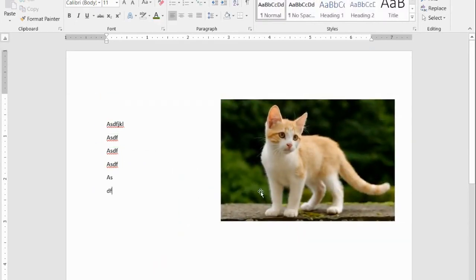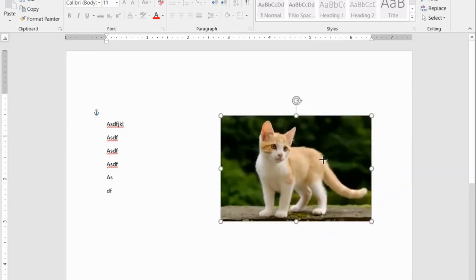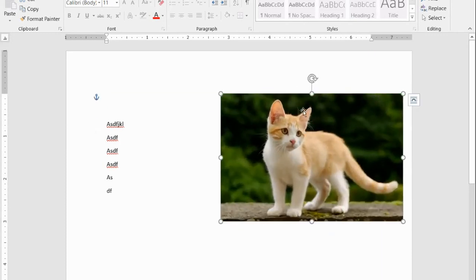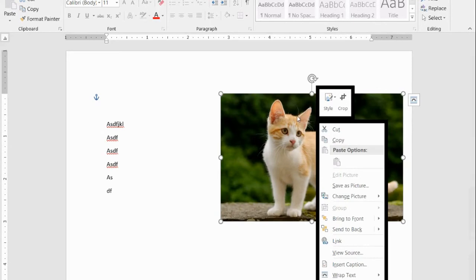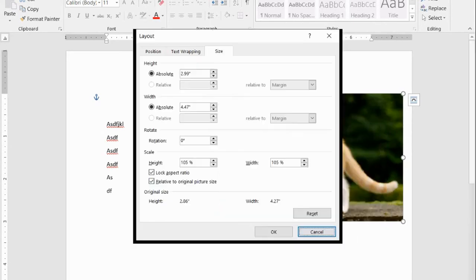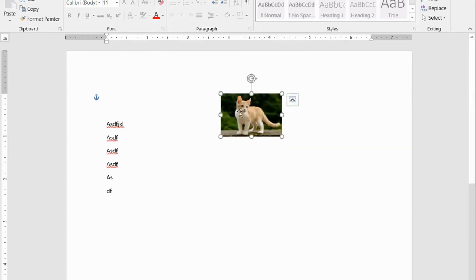If I want to resize this picture, it's too big, I want it to be smaller, I have a couple of options. Of course, I can click the handle and just drag it manually. But let's say I want it to be a specific size. I can right-click it, size and position right here, and then I can click right here what I want the size to be. If I just type in 1, and then this one will change down here as well to keep it in scale. That's this button right here, this aspect ratio. So because I changed it here, it's going to change here as well